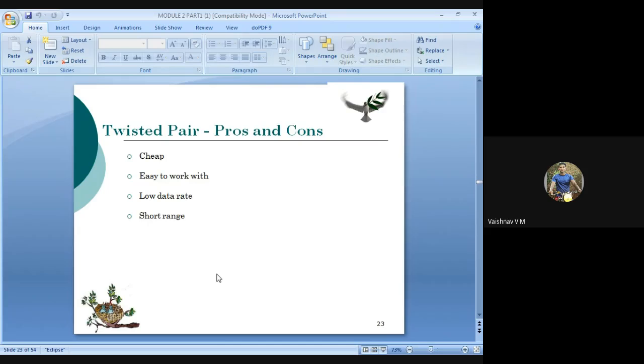Now, what is the importance of twisting? To minimize the electromagnetic interference. Then what did you study? What are the two categories of twisted pair cable?